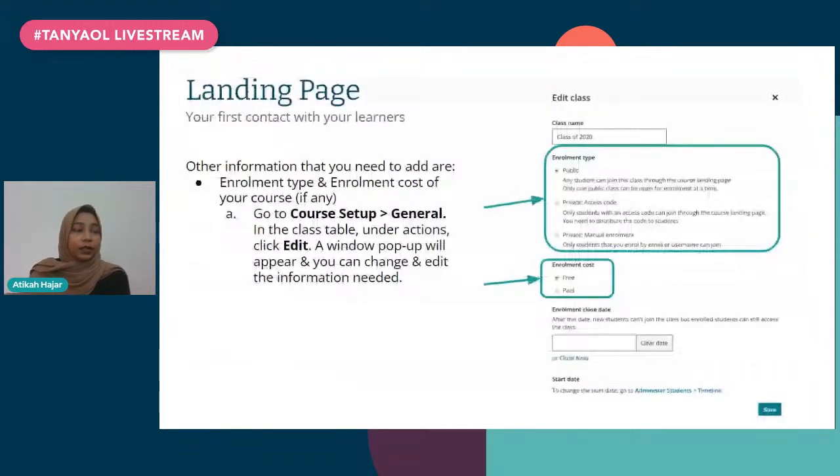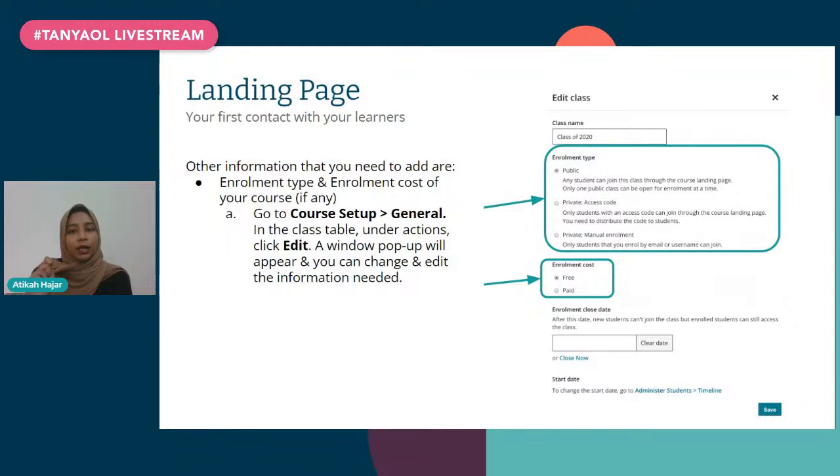Okay. And other things that you can set is the enrollment type, which is either public, private by access code, or private by manual enrollment. Okay, so if it's public, it means that anybody can join. Anybody who found the course on Marketplace can just join the course. Okay, but if you set it to private access code, it means that